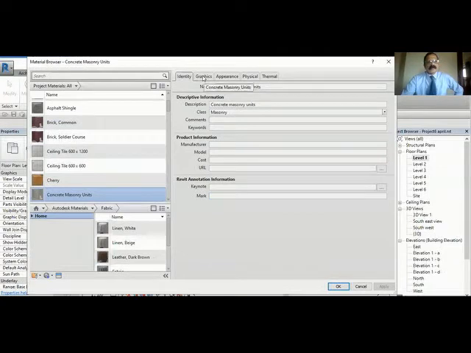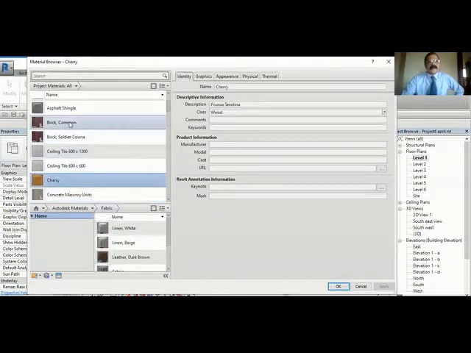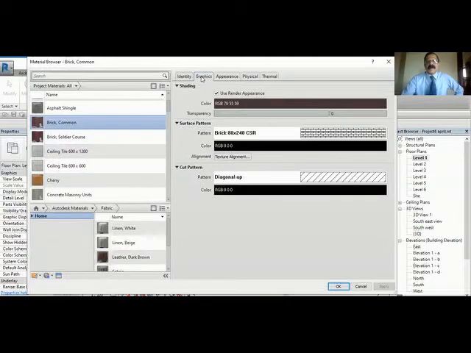And second is graphics. Suppose I select a brick here. When I click graphics, it is actually the shading mode you want to see when you shade your drawing. When you keep your mode in shade, what color you want, what things you want, you will see from here in graphics. I will show you an example later. Let me just explain, then we'll come back to the example. So graphics is actually how you want to see the shade mode. You can change the color to green.